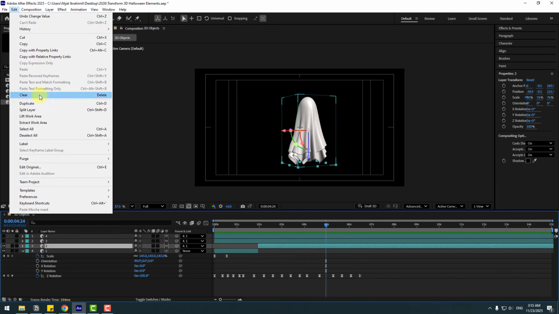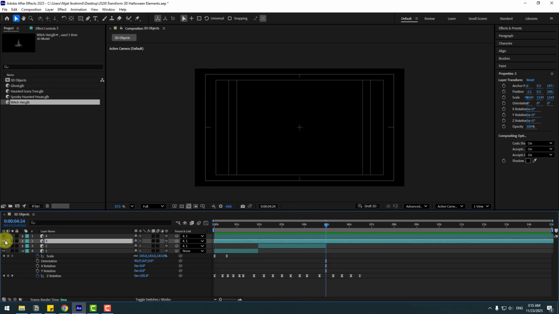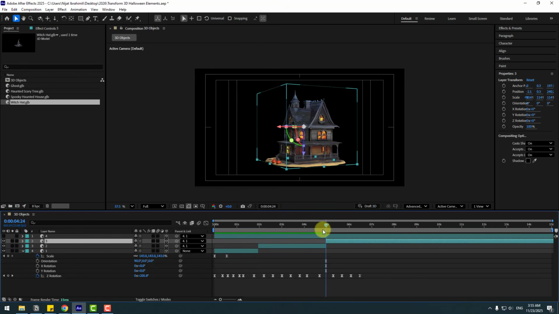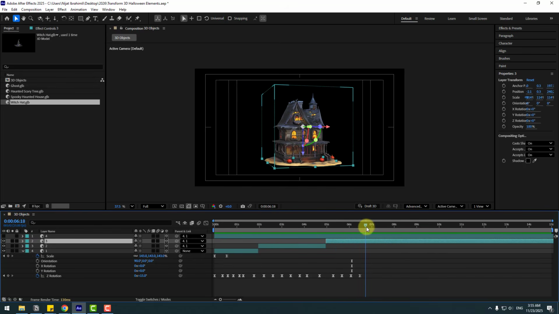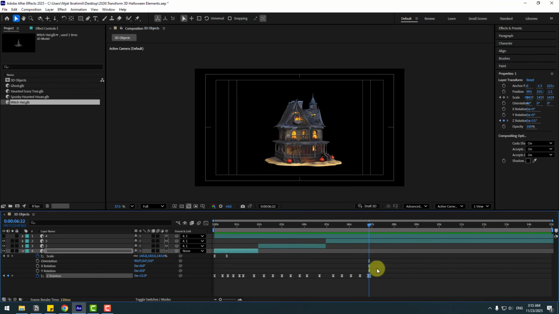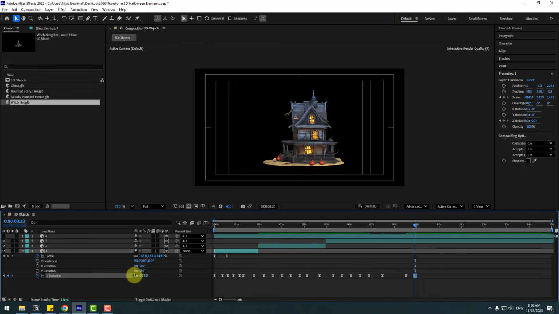Okay, and at this time go to edit and split layer, delete, and enable model 3, and let's cut this part. Let's see. Okay, that's good. And go to here, let's create a Z rotation keyframe, go to 5 keyframes, let's change to left, and go to here, change rotation like this, and go to 10 keyframes, change to left, again 10 keyframes, to right again,